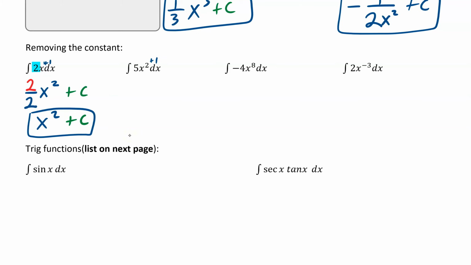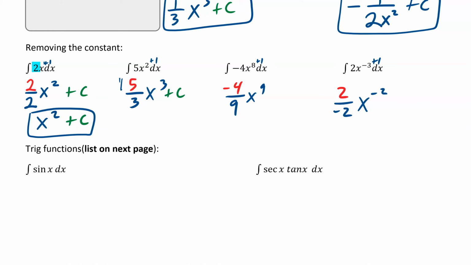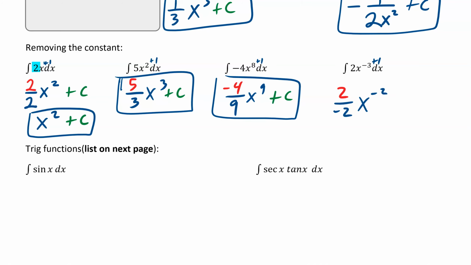So if we add 1 to this, this would be x cubed, and that becomes my denominator. So you're going to set each one up just like that. So this one would be x to the 9, and then 9. Plus 1, this would be x to the negative 2, and then negative 2. And then now you can go back and just place the coefficient in front. And this becomes exactly what it is. Oops, forgot the plus c. See, nice green, lets me know I made a mistake. It's my pet peeve for myself, is to always make sure I have that plus c. I do forget it often.